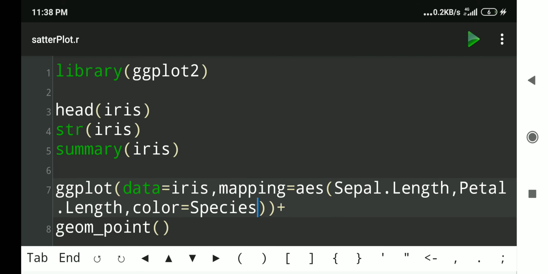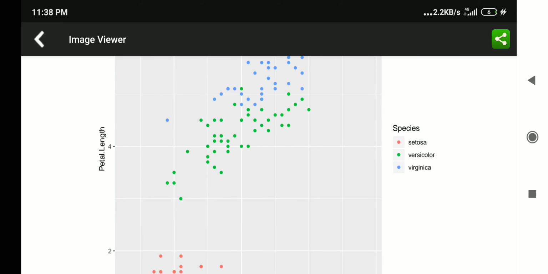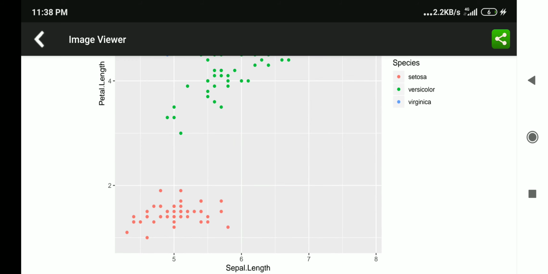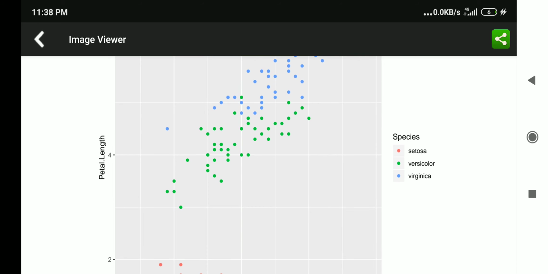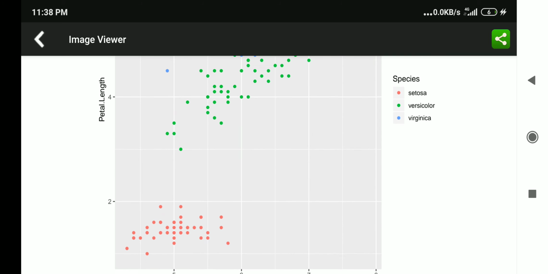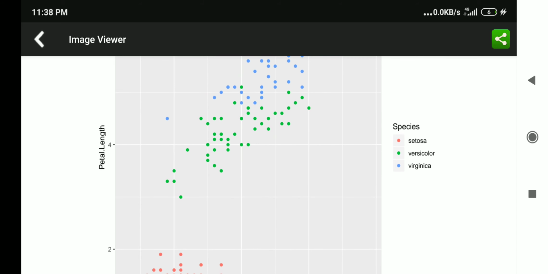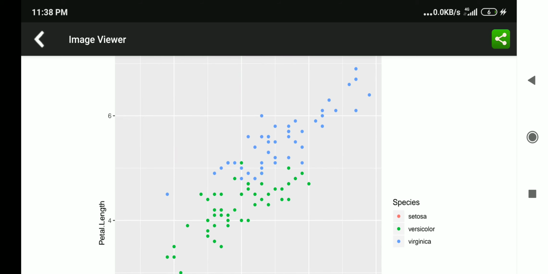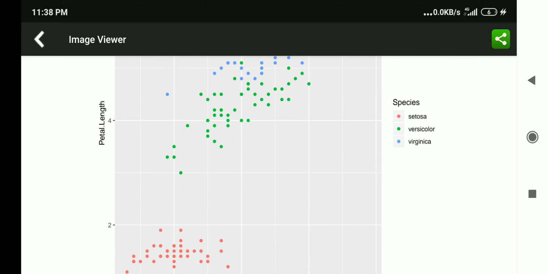And when we click generate button and when we click the graph button, a proper graph is there. These 3 species observations have got separated by the color. Setosa has the red filled circle. This Setosa is here at the bottom of the plot because Setosa flowers are very small, and Virginica is a blue one, and very large Virginica flowers are there because petal length is very large and sepal length is very large, and then Versicolor is in between.